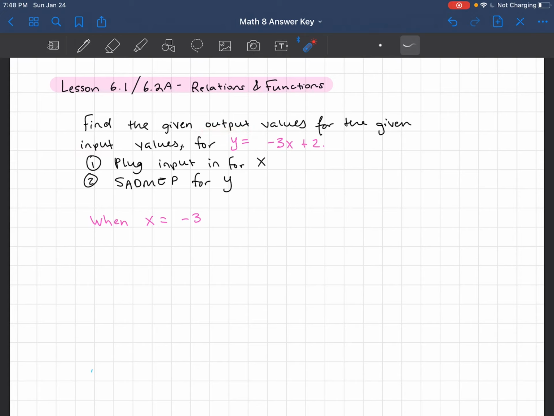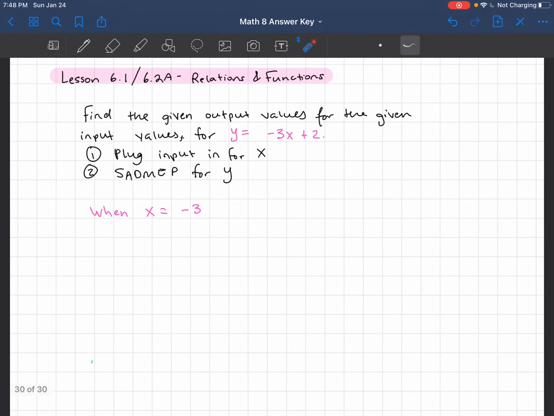So be very careful to note what exactly they're asking for. They're looking for an output, and they're giving you an input. Sometimes it's going to be the other way around, so pay attention to that. They're giving you an x, and they want to know y. So, for example,